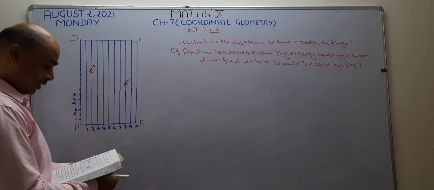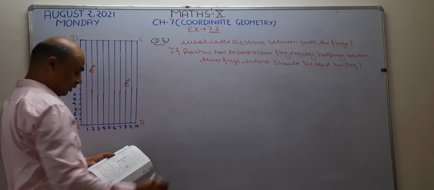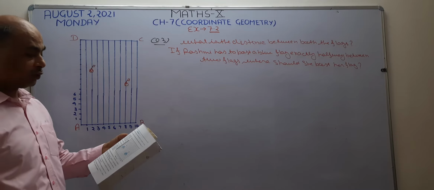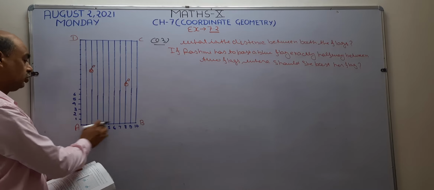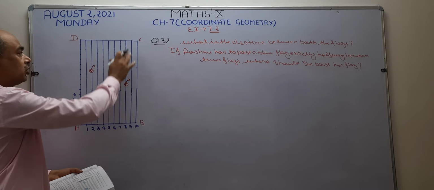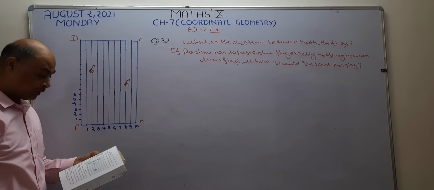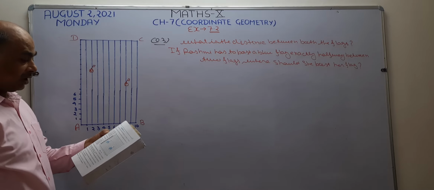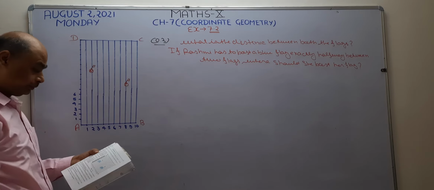Now we are going to start question number 3. Okay. Now see, in question number 3, what is given? To conduct sports day activity in your rectangular shaped ground. See, this is your rectangular shaped ground. A, B, C, D is your ground. Okay. This shape is in the form of a rectangle. Lines have been drawn with chalk powder. These lines are going to be drawn with the chalk powder.